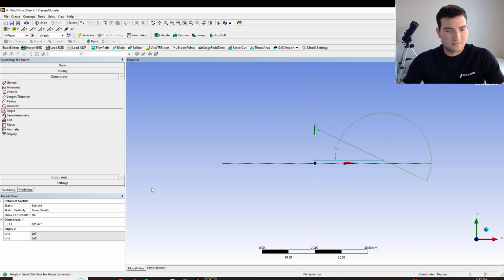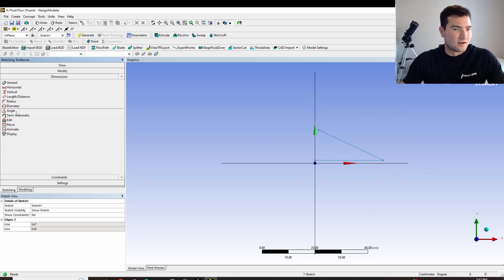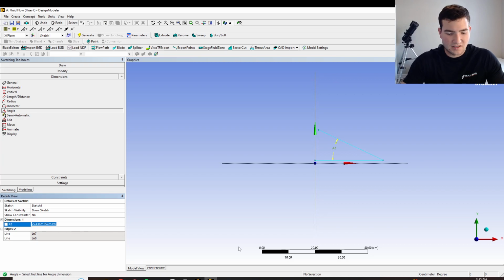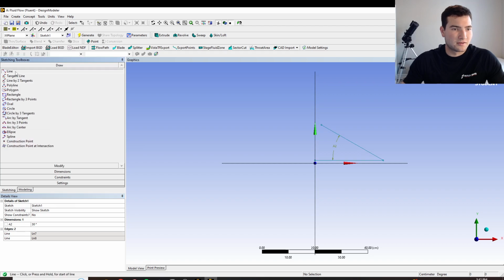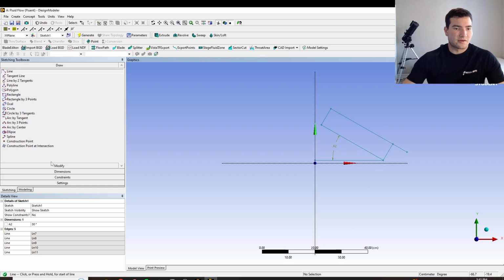I don't know why it does that. Okay. So set this to 30. Now we're just going to draw the rest of our flat plate. Okay. Now we're going to clean this up